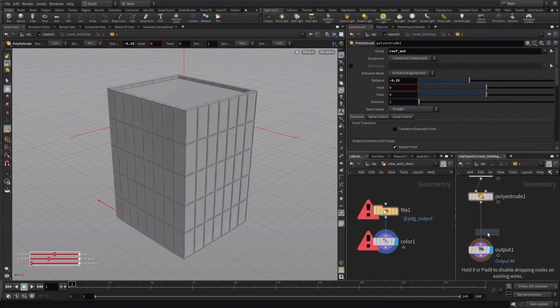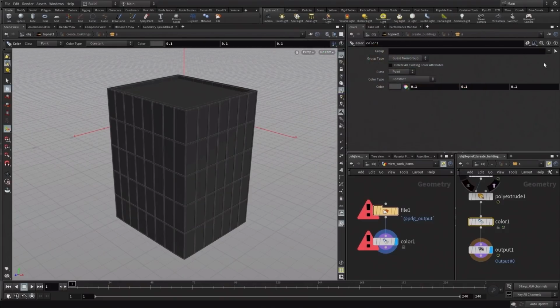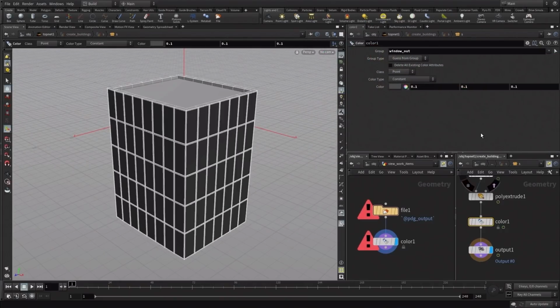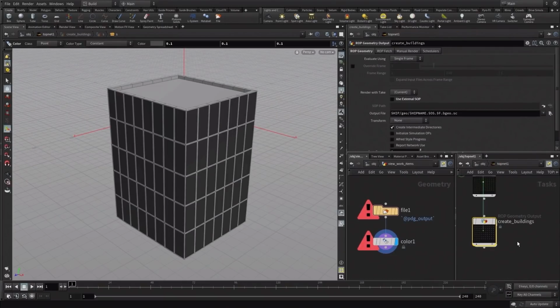And one last node we'll put in will add the color. This is just going to put a dark gray, and we'll put that specifically on windows. So there we go, our windows are dark gray and everything else is there. So perfect. Now that we have that, what we can do is jump back up to the